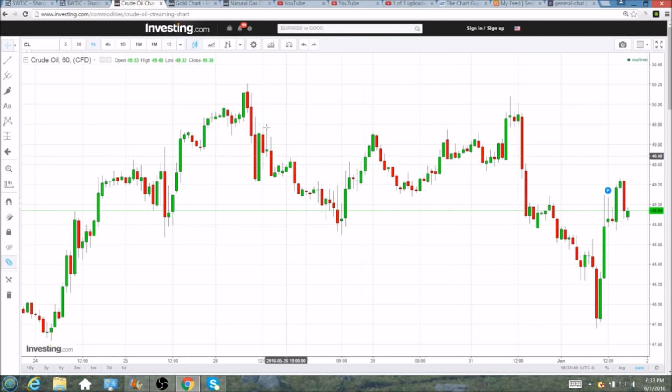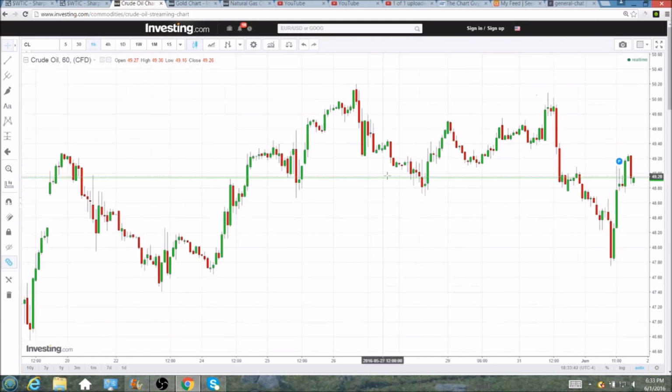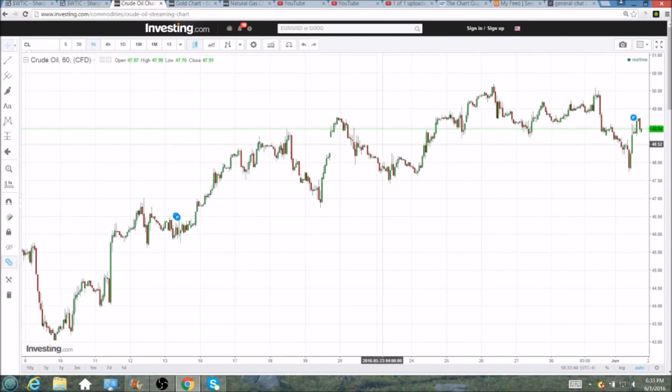So on the hourly chart, we now have a lower high and a lower low, and when we zoom out, it certainly looks like we're leveling out a little bit and perhaps pulling back to the downside. We can see on this uptrend on the hourly chart, we have had periods where we have set lower lows, but it has not come after a lower high. So this is the first clear time I'm seeing a lower high and a lower low on the hourly chart